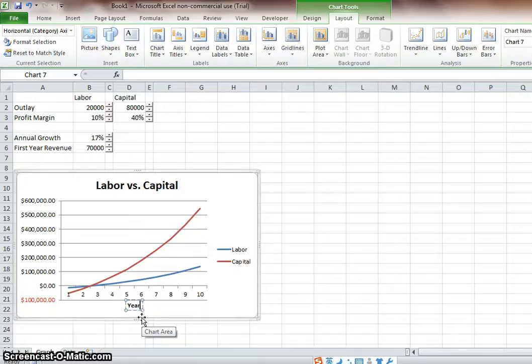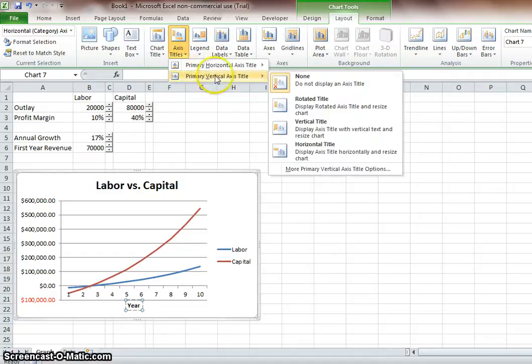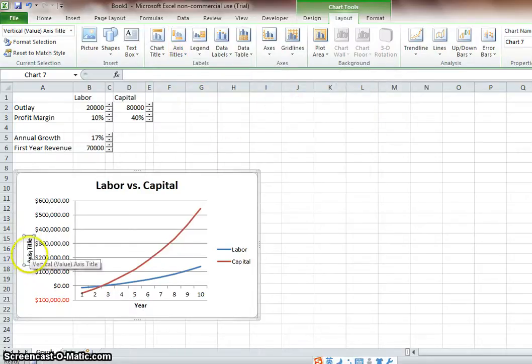And you can do the same thing on the y-axis. Just go to primary vertical axis title, and you click on the rotated title right there, so it will come up, or you can just go ahead and type right here. In this case I'm going to put cumulative growth. I'll just enter right there and it will come. And I think